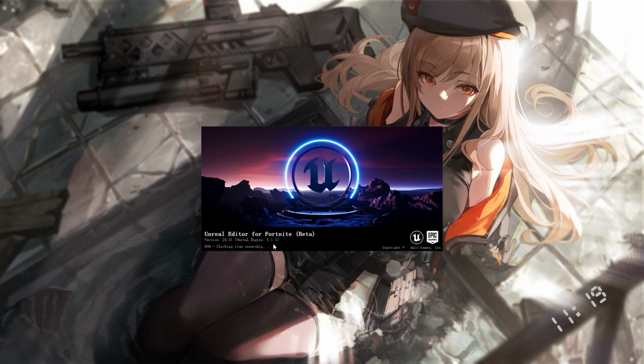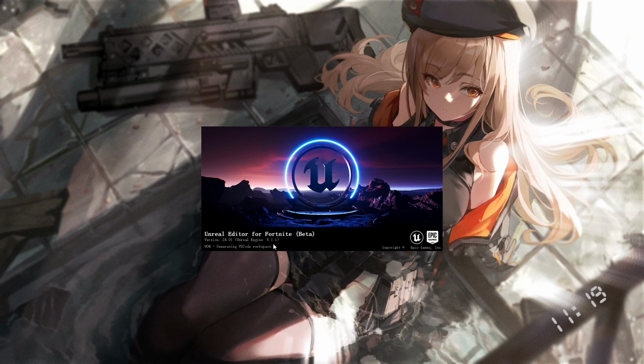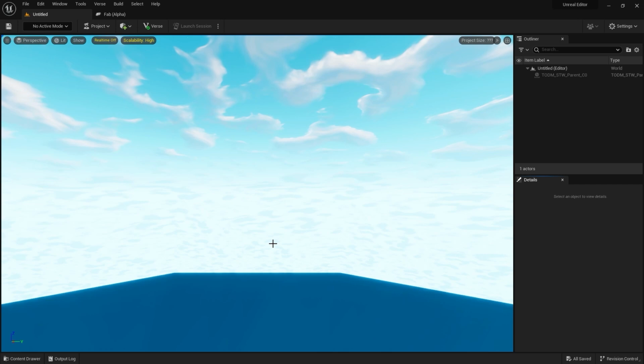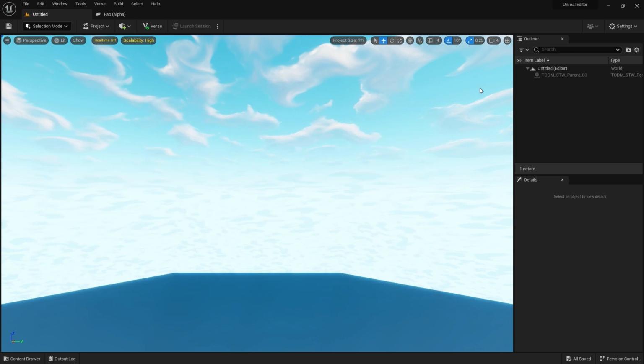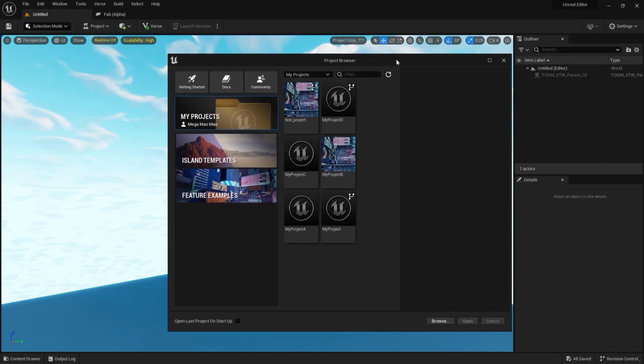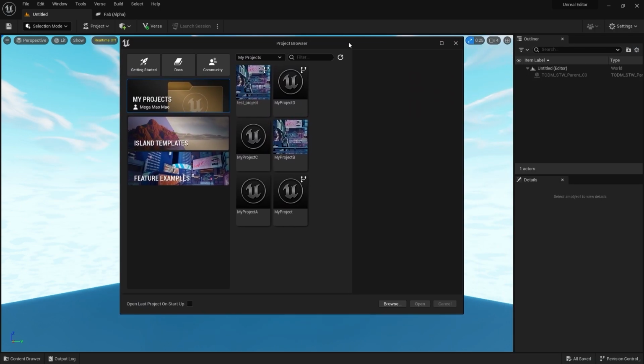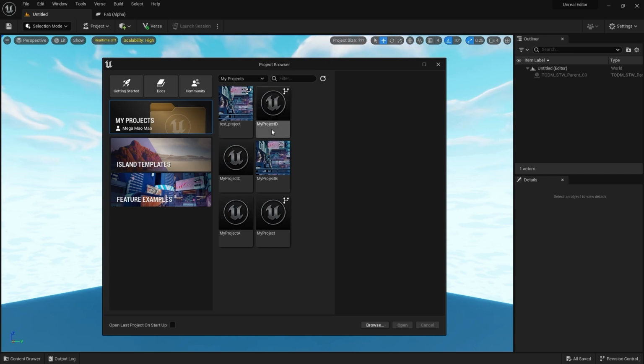Now, this editor will be a simplified version of the real Unreal Editor. So now, when you have this, you will see a window here. You will have a news window. You can just close it. And then you will have this project browser window. Now, each project, in theory, is